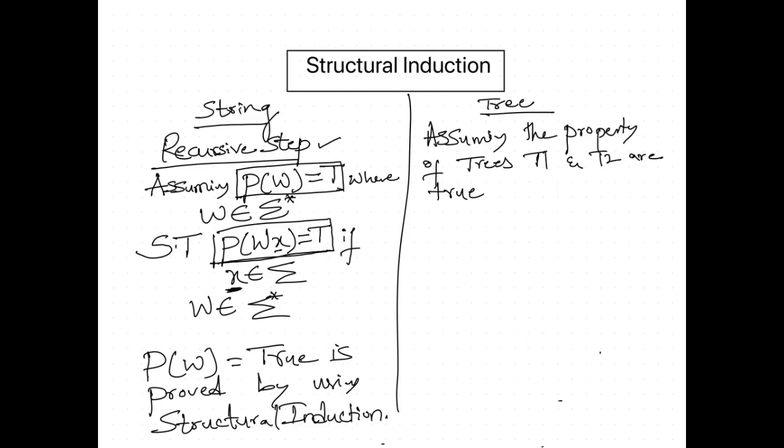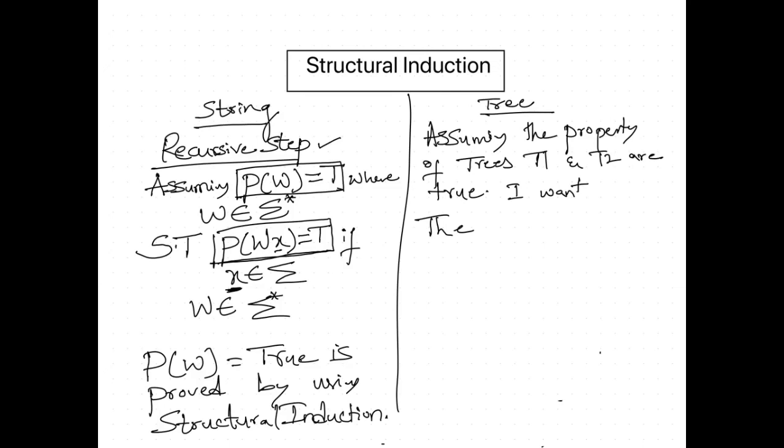This is my assumption. By assuming this, what do I want to show? Assuming these properties of tree 1 and tree 2 are true,